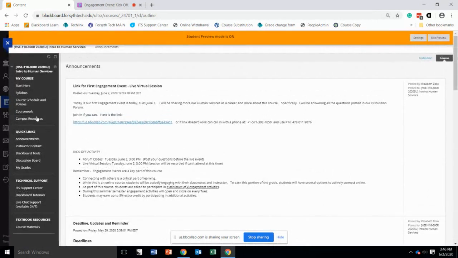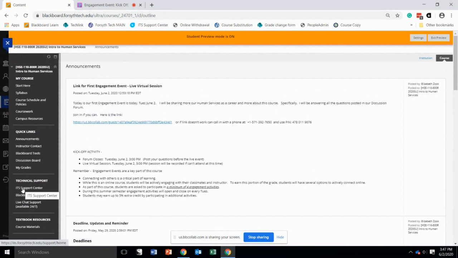Oh, there's our announcements, and we have our buttons along here on the left side. We have this section right here for technical support. I'm going to highlight that that's going to be a good resource for when something is not working. And there's 3 different buttons there. One of them's a place that 24/7 you can get a live person to be typing in with. Blackboard tutorials are going to be videos that you can self-select which ones might show you how something works.